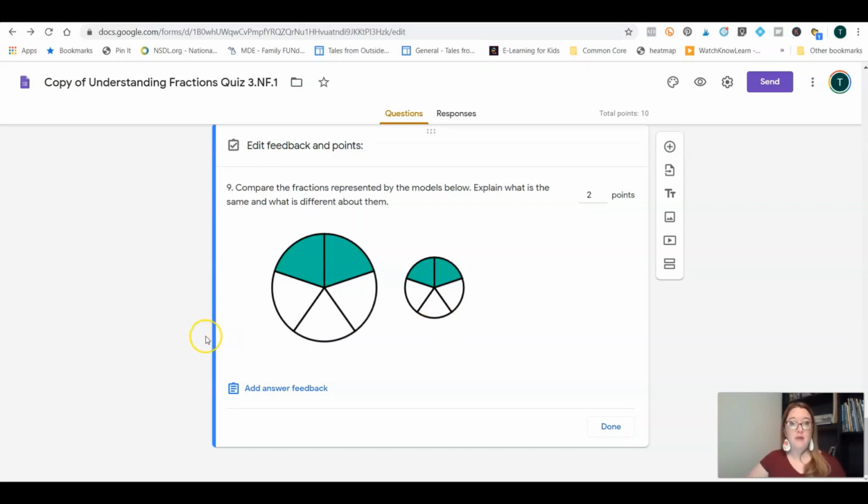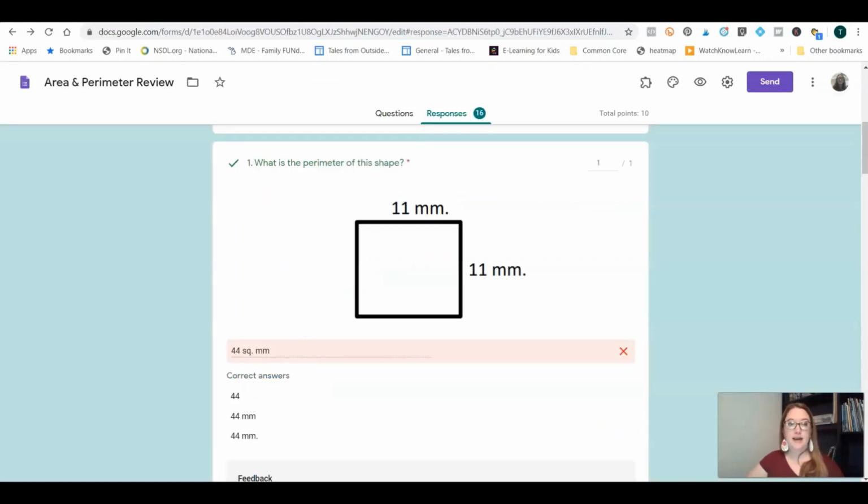So I'm going to pause and send you to a different form I have created and talk about some of the self-checking limitations. This is a review I did with my students in class, and it really demonstrates some of the limitations of Google's self-checking. So the perimeter of this shape is obviously 44 millimeters. I thought I put in every possible